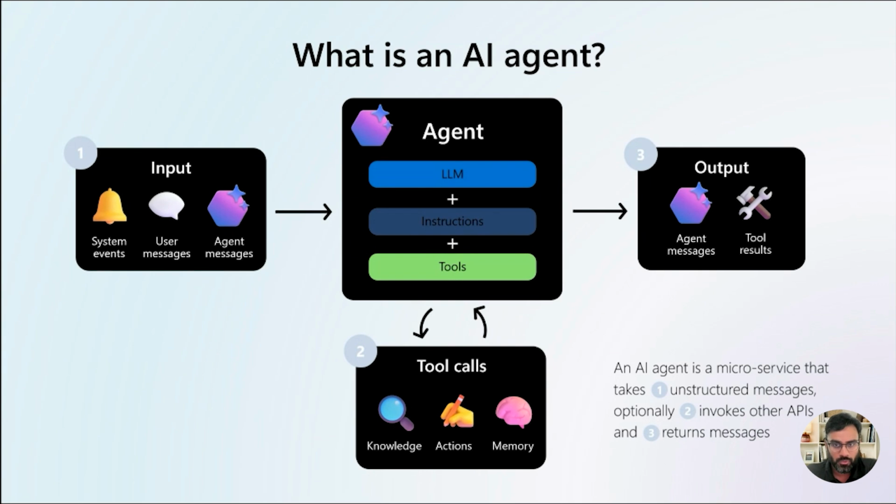And then the next phase of the workflow is the agent processing, which is nothing but tools, knowledge, actions, and memory. All these resources will be leveraged to fulfill the request, and then the agent simply returns the response to the customer.